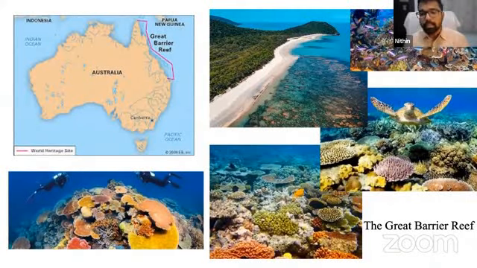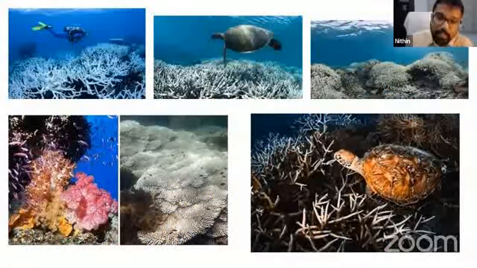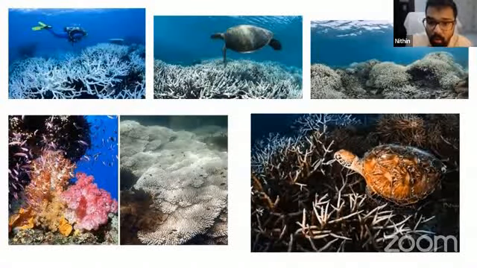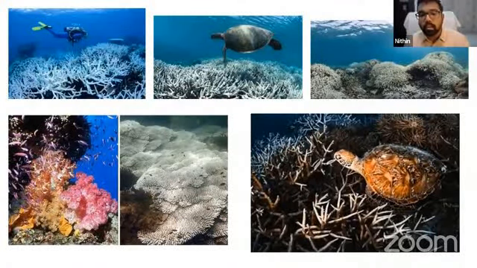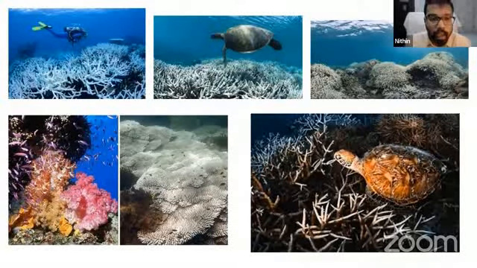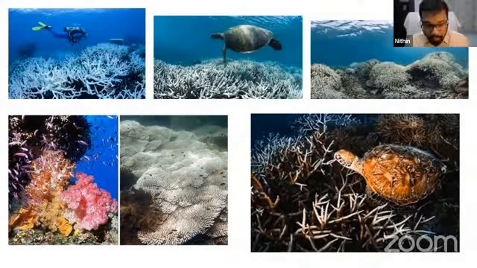So now the next image is this. This is the current situation of over 70 to 90% of coral reefs across the world, and 70% of coral reefs in the Great Barrier Reef. There are a lot of reasons for this. One is, as we know, us human beings, the practices that we do. And the other is the bigger impact, climate change and global warming. And the oceans in and around Australia have been warming at a rapid rate. And this is affecting the coral reefs.